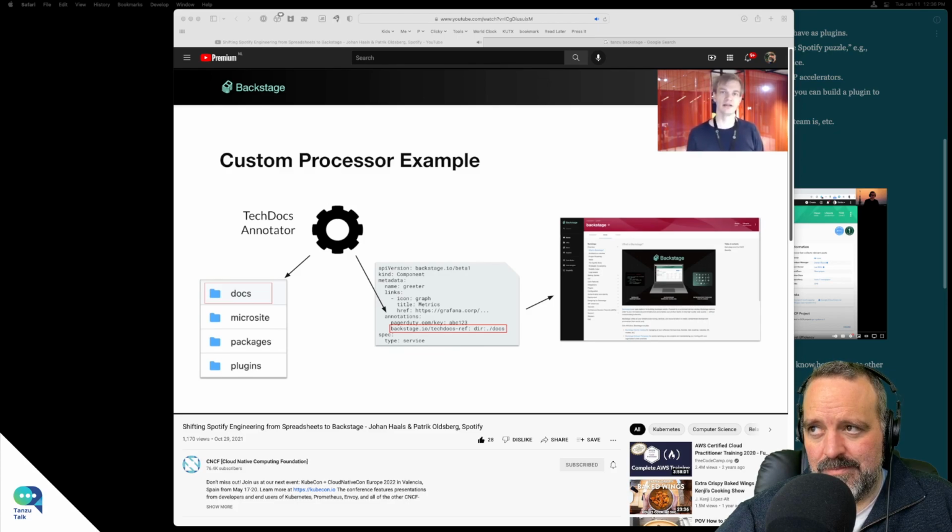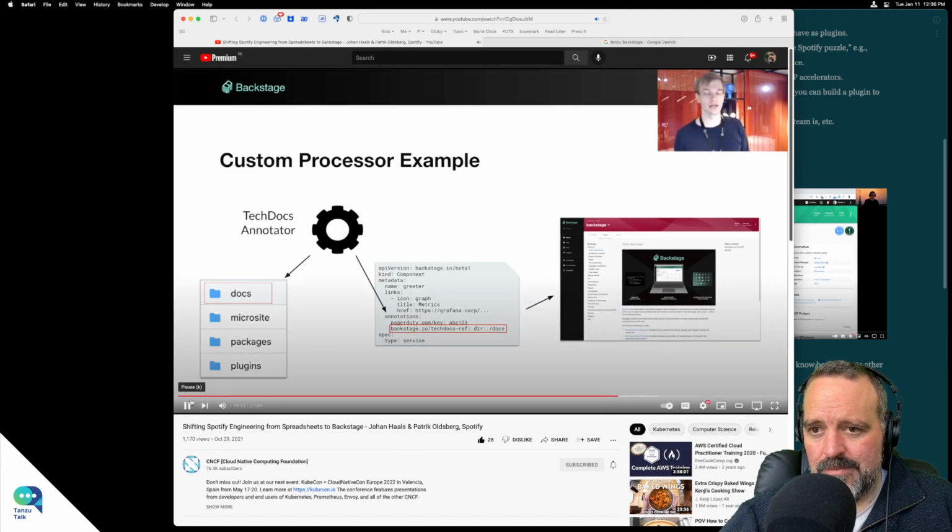TechDocs is another core feature of Backstage, and it takes markdown documentation that lives with your code and makes it searchable and readable within Backstage. To enable TechDocs for your component, you need to add a specific annotation to your catalog info file, which in turn then makes the documentation tab show up. Now, within an organization...